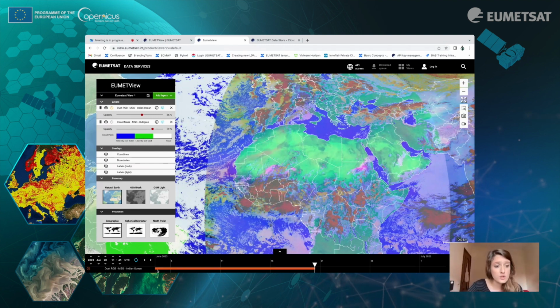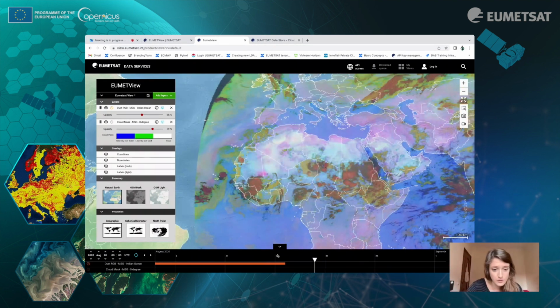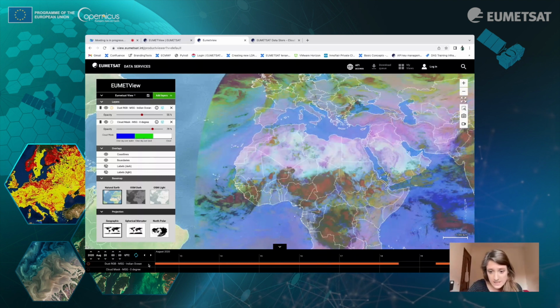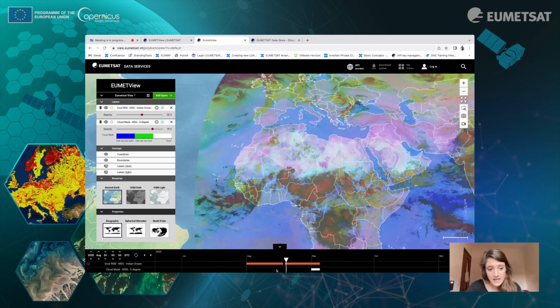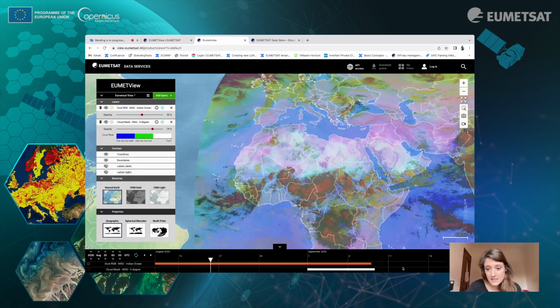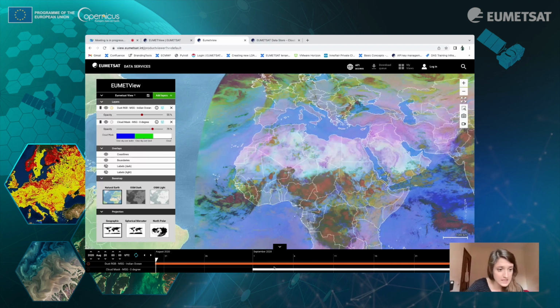And you can also choose your timeline. So we have different timelines, of course. In this case, I will show you. Here we have the temporal extent. As I want to show you, you can easily see it here. Zoom out and zoom in also on that. And if you notice, here we have it highlighted.